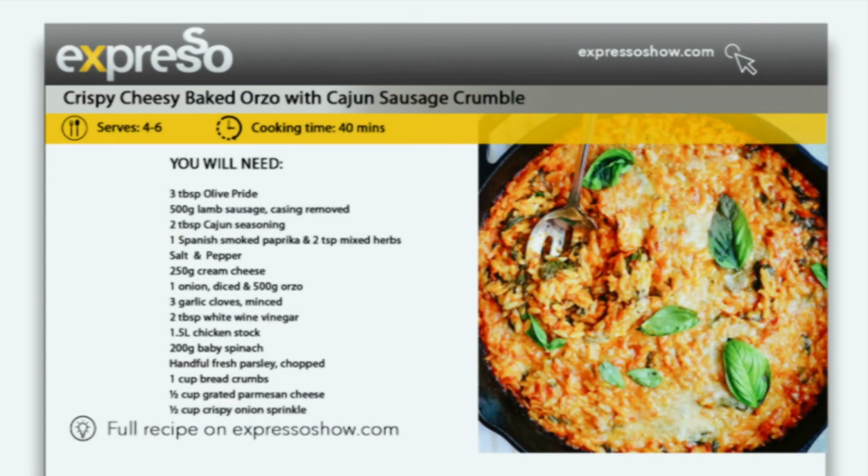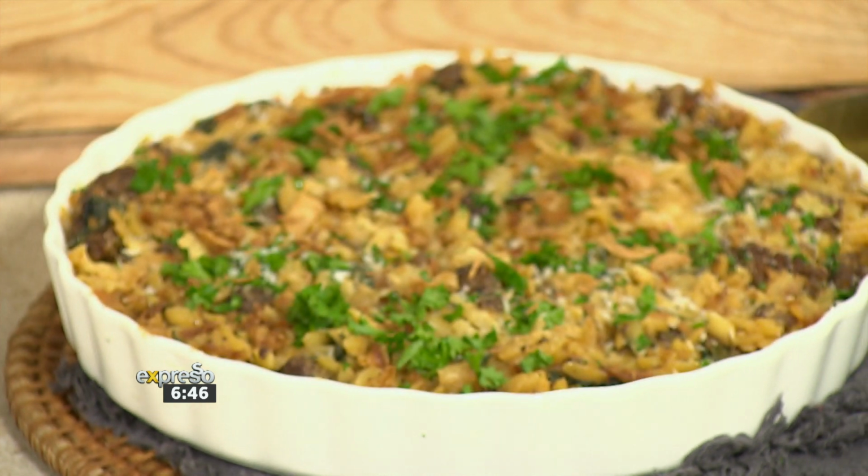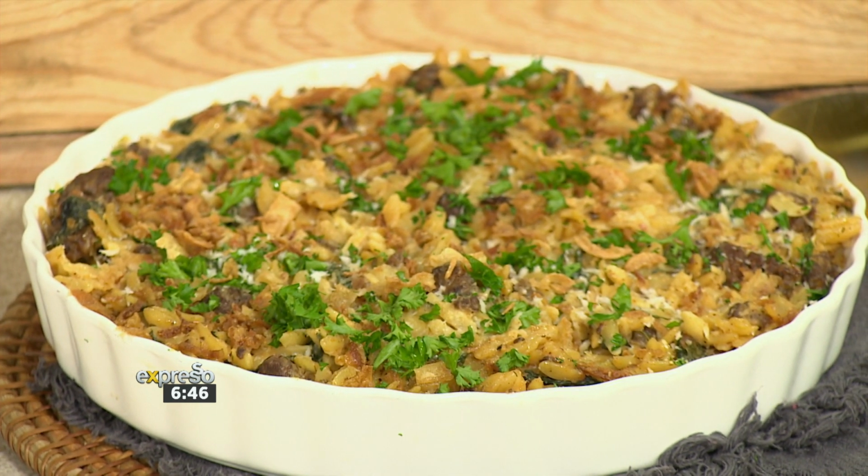And if our bellies had a face, it would just be a big smile, especially after hearing what we're about to make, because this crispy, cheesy, baked Orzo with Cajun sausage crumble, yeah, you heard correctly, is here to take your taste buds on a journey that they will never forget. And it's perfect for cozy nights in or impressing your dinner guests. And I think this recipe carries warm flavors and comforting textures that will have you going back for seconds, thirds,